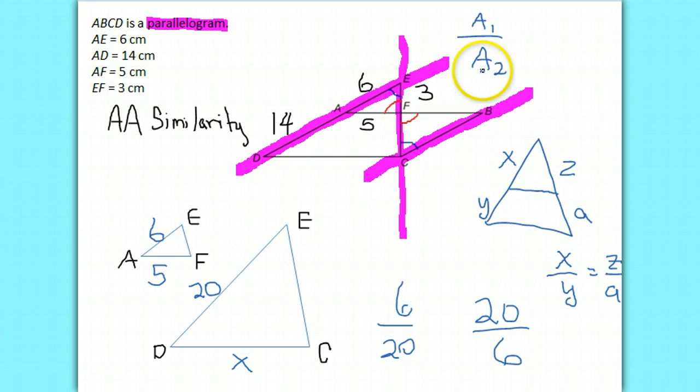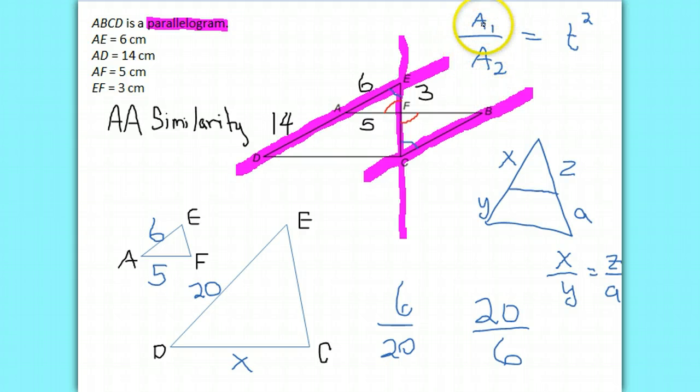So this is the ratio of areas. You just put one area over the other, is equal to your scale factor, which we call T, squared. Just to help you remember this, we're dealing with areas. The units on area are squared, and so you want T squared over here. So remember, T is your scale factor. We already found that scale factor in part B. And so if you use that scale factor here,